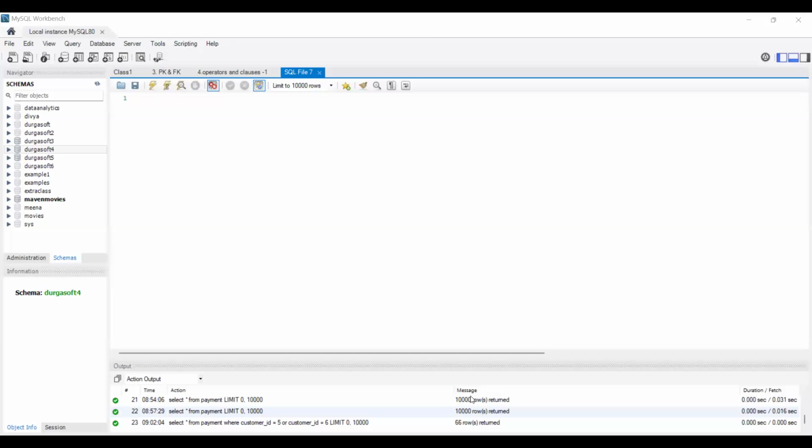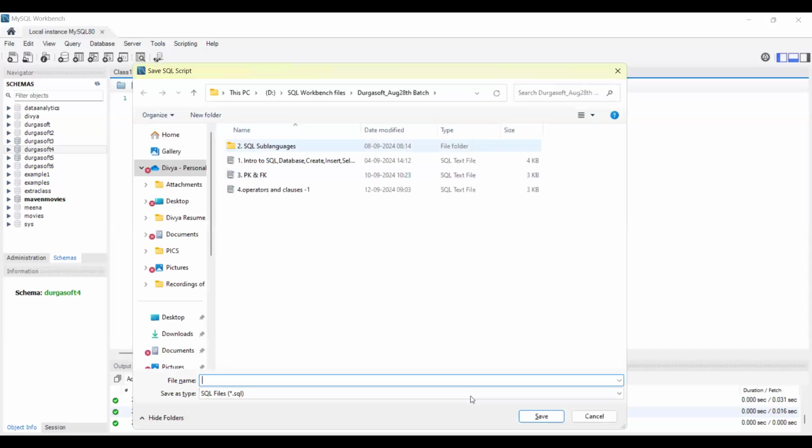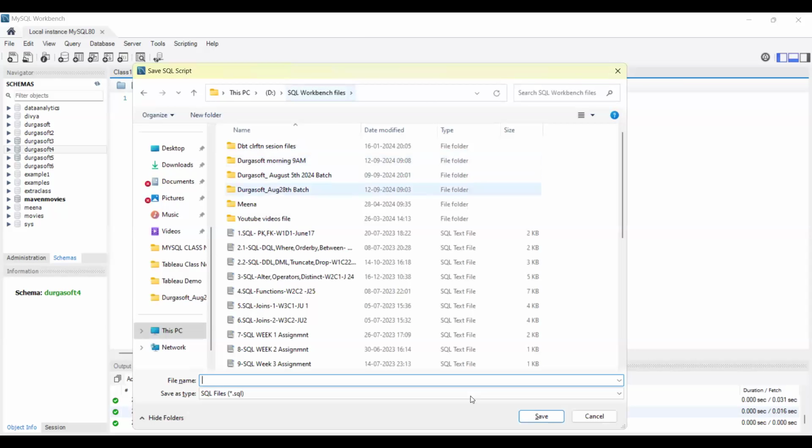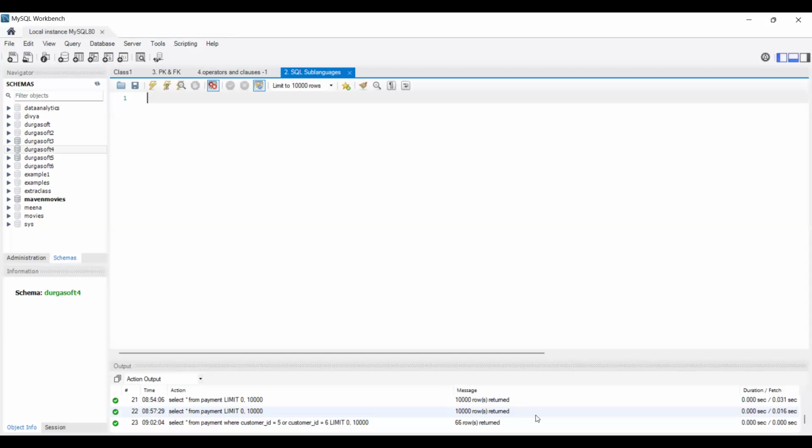I will save this file as. Okay, so we have 5 sub languages in SQL.